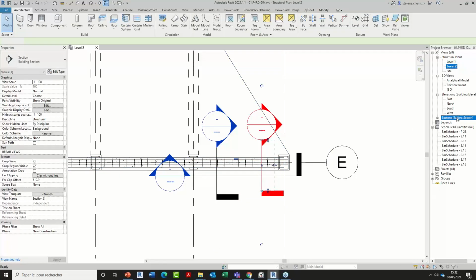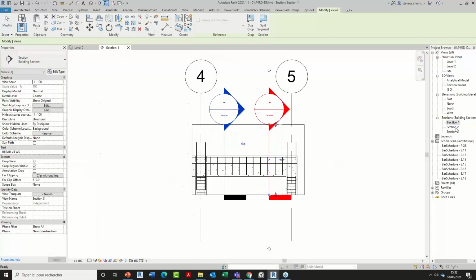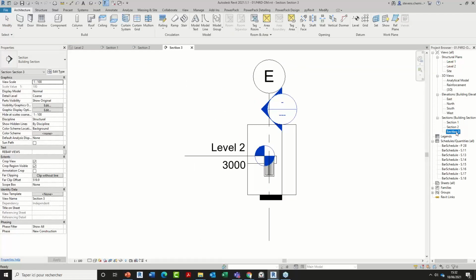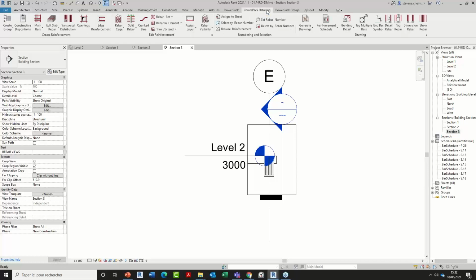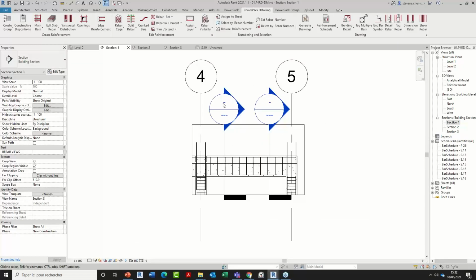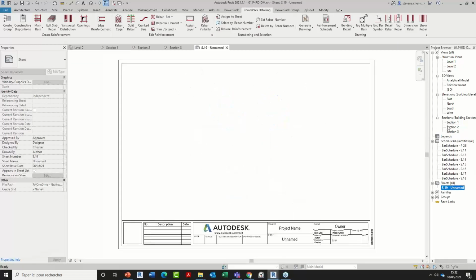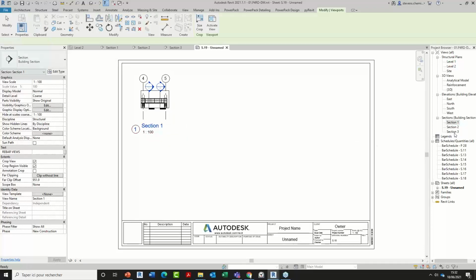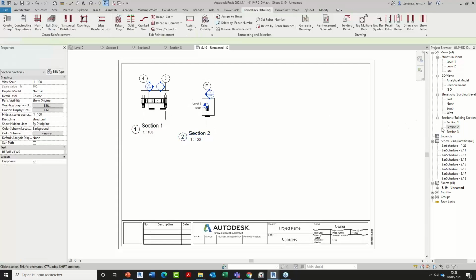Okay, so your sections are created. You have to fine-tune those sections by placing annotation, maybe bending details. By the way, Revit is not able in standalone mode to create bending details, so fortunately we have this specific command in our Power Pack. You have to create the sheets and place those views with a drag and drop manipulation within your final Revit sheet.